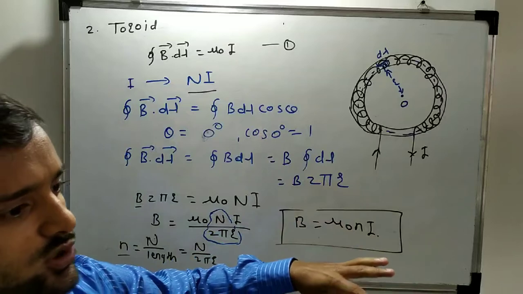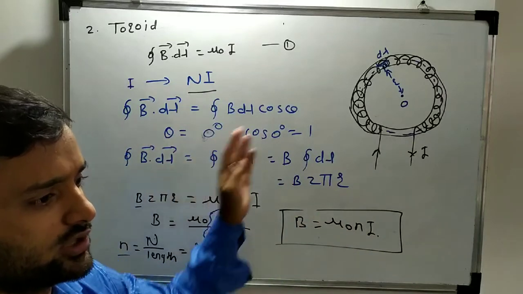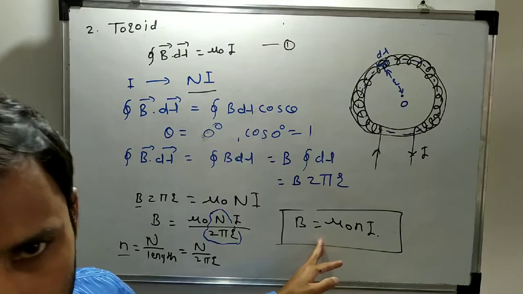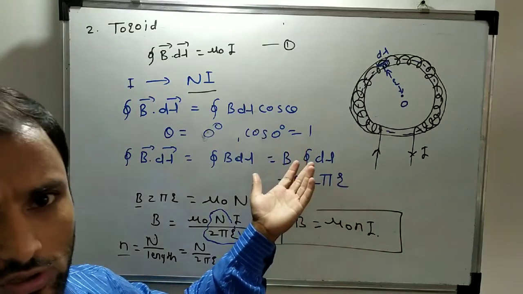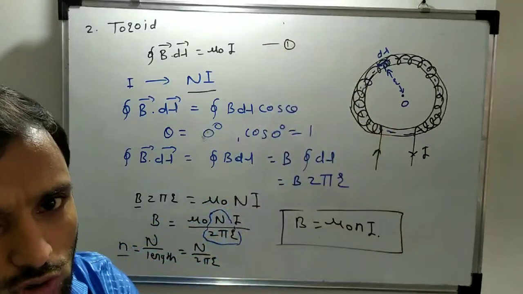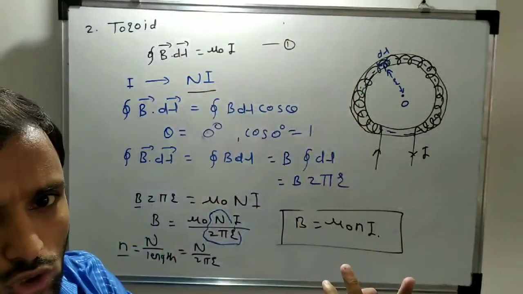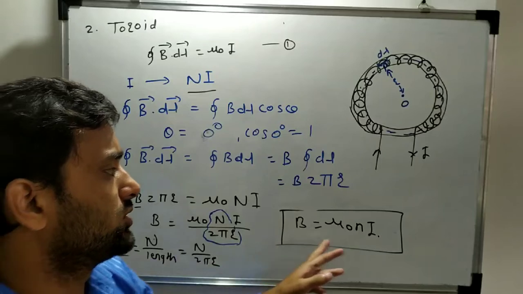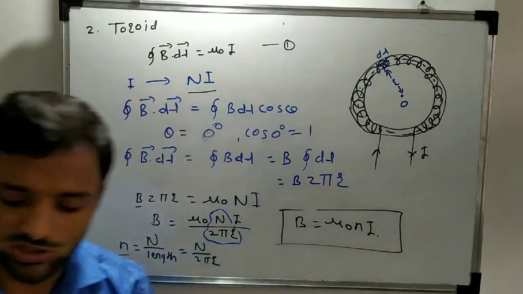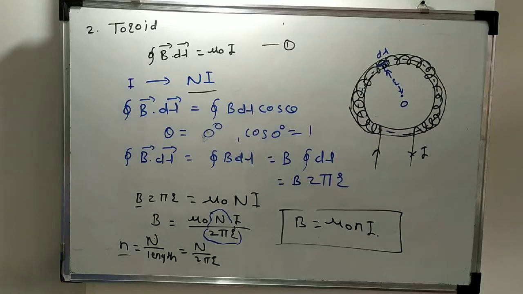If you see the equation for the solenoid and the toroid, these two equations are completely the same, because a toroid is nothing but a solenoid. We are only changing the shape of the solenoid. It is like a ring. So everything is the same, and the formula for the toroid and the solenoid is the same. By using this formula, we can determine the magnetic induction along the axis of the toroid.